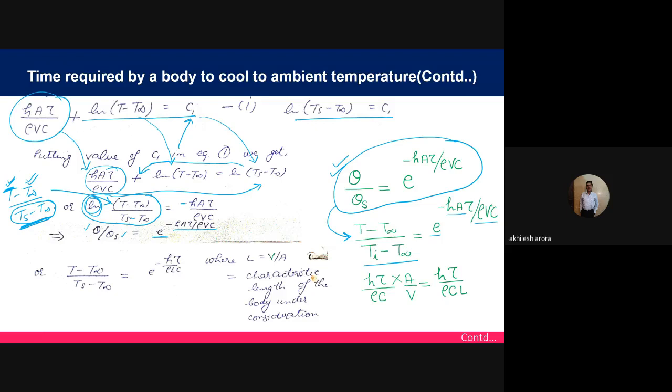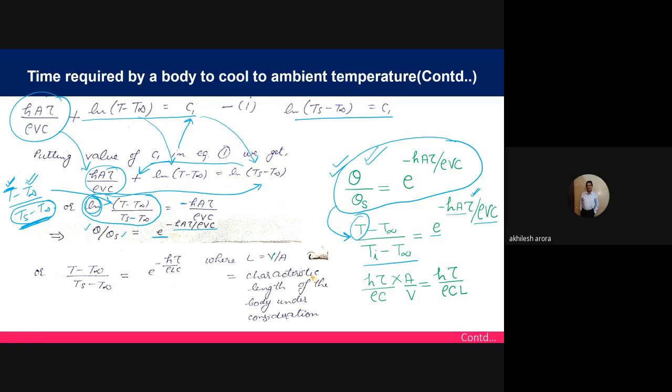This is the time required by the body to cool to the ambient temperature. So this equation which you have got here can be utilized for calculating the temperature of the body which is being cooled at any instant of time. If you put the value of the time here, you will get the value of this particular temperature, that is, what would be the temperature of the body after the start of the cooling, when the time was equal to 0, and at what time the temperature will reach which level.